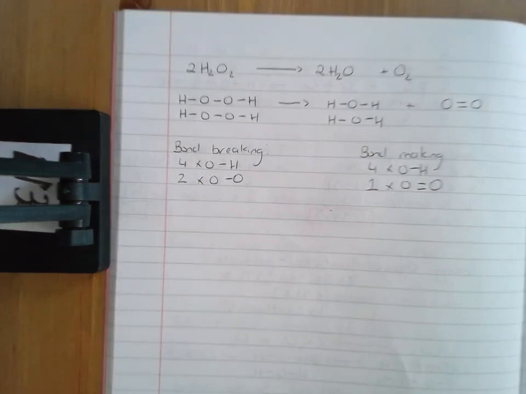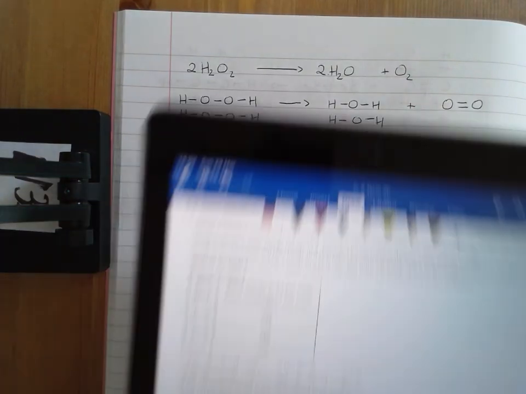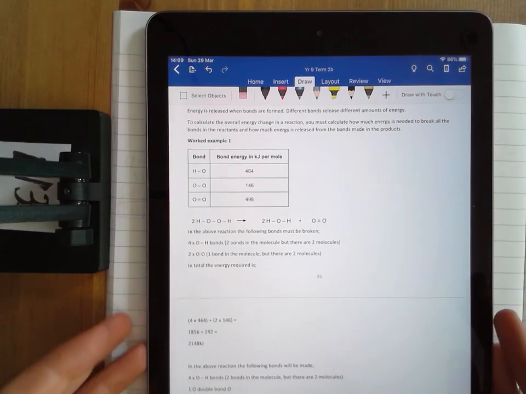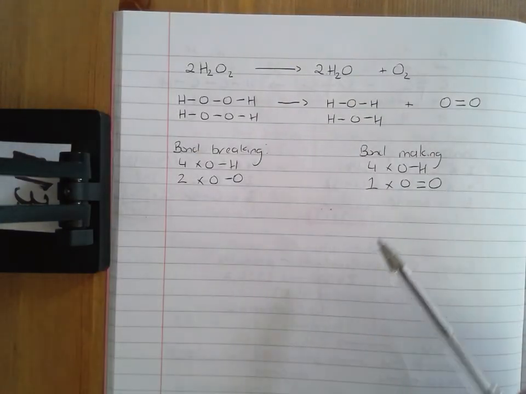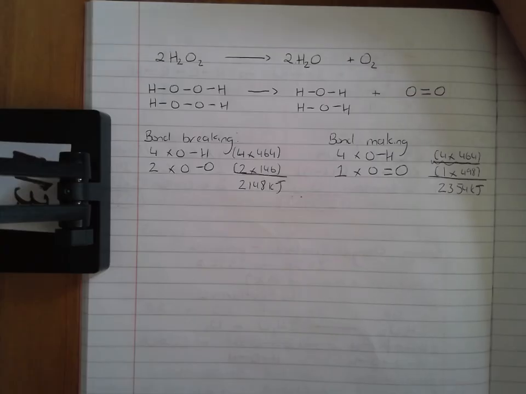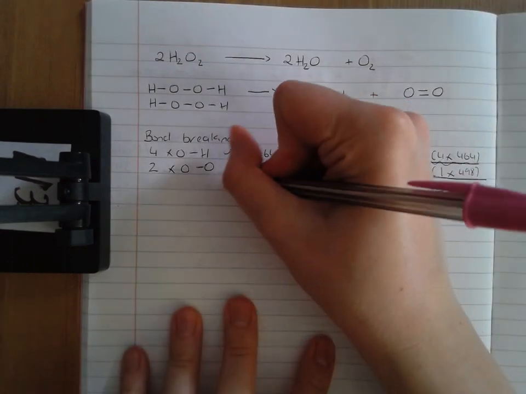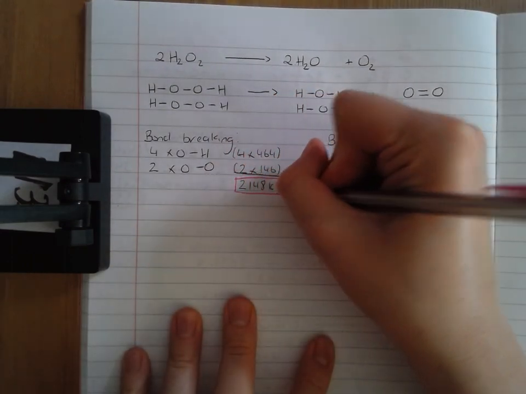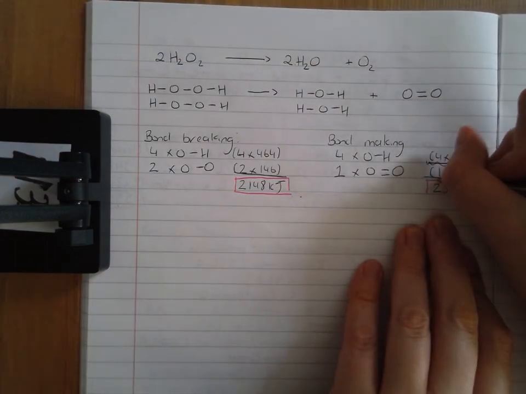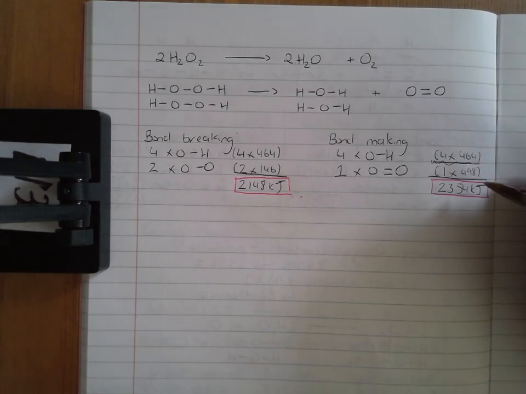And to get the values, you'll always be given a table. So in this example, I've got my table here. I take these values from my table and I plug them in so that I can do my calculation. And when I do that, I calculate a value of 2148 kilojoules for the energy required to break the bonds. And I calculate a value of 2354 kilojoules for the energy that's released from all the new bonds that I